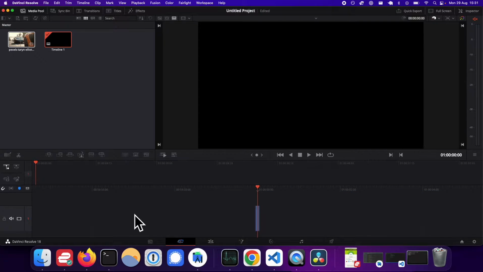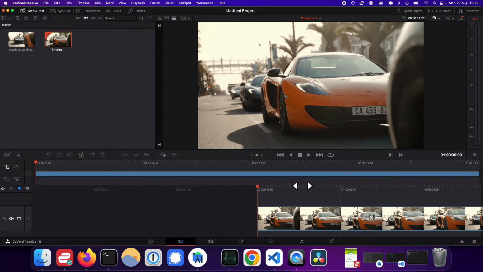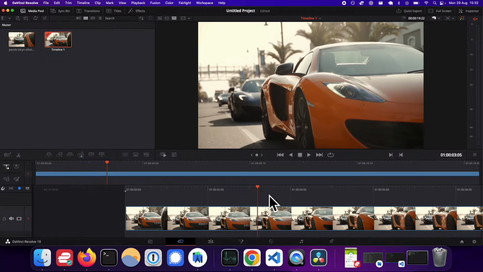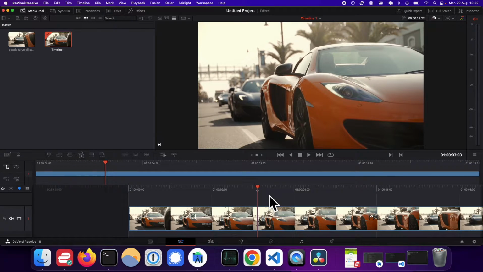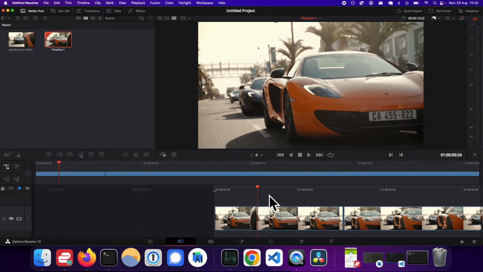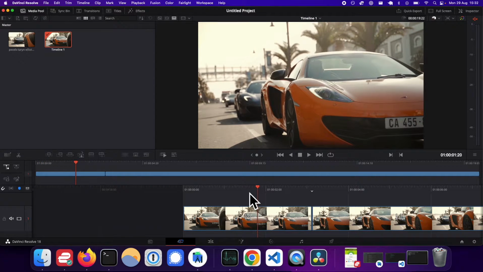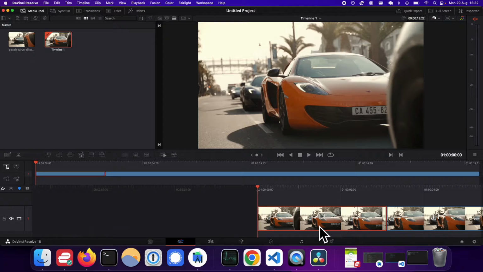So let's drag that into our editor and I'm going to move forward to where the license plate is no longer visible. So it's going to be here. And so we're going to have this entire footage where we want to blur out the license plate. Cool. So let's click here. We're going to click on the first clip. So again, I used Command B, but you can also press this split clips button to actually make the clip smaller. And now we're going to go to color